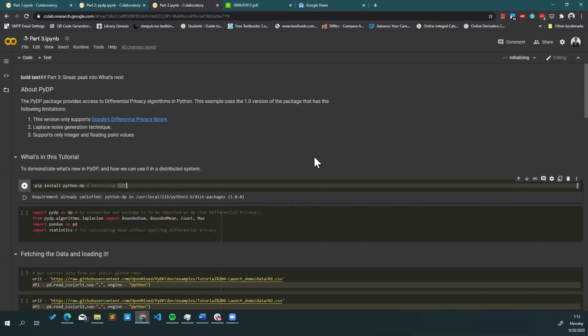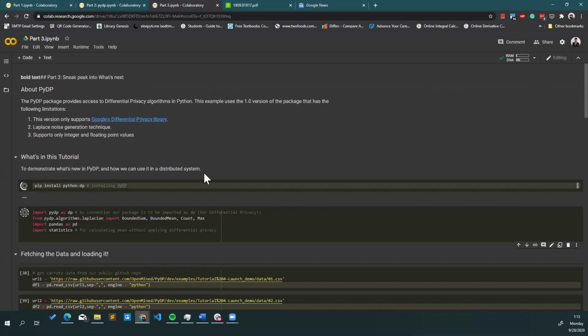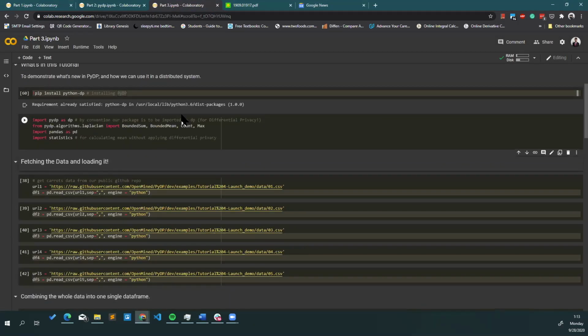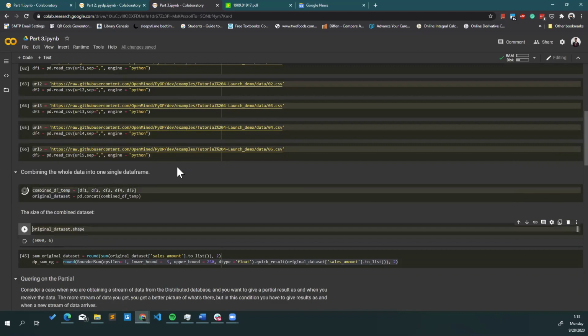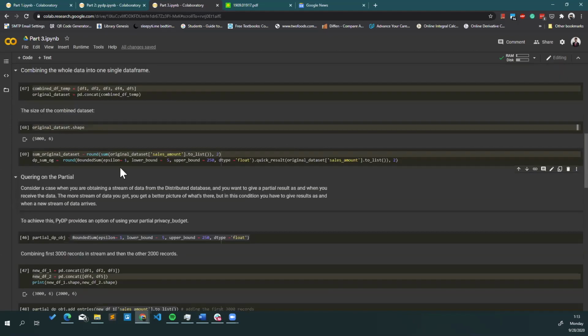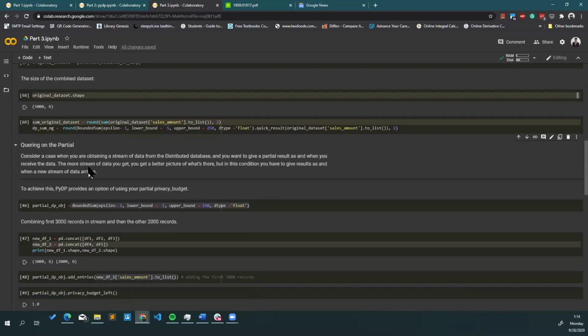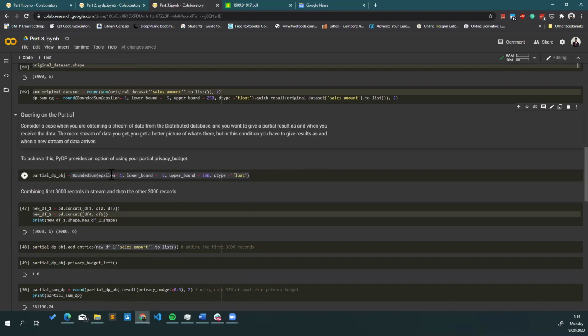I'm just going to go through this real quick. Over here, our assumption is, for example, let's consider our first data set. We have 5 records, 5 huge data sets, and we're just combining them together and seeing the sum. Why we thought about this is that in a lot of scenarios, your data is in a distributed manner, or you might be receiving a stream of data. So as soon as the data comes, you want to give some results. Say you have a distributed system, or you have 5 clients who want some results themselves, and they might send you the result, and then when you combine those results, you want to see them. So in this scenario, PyDP supports this differential privacy